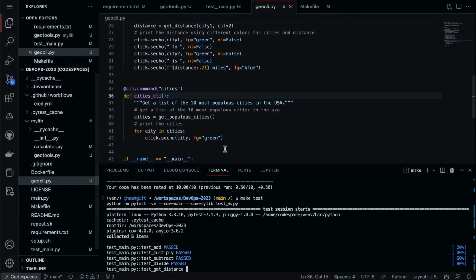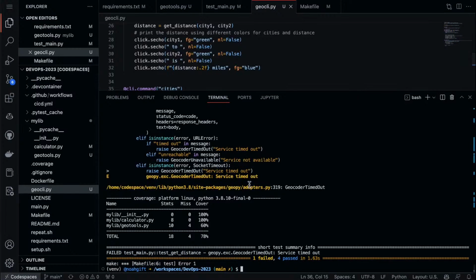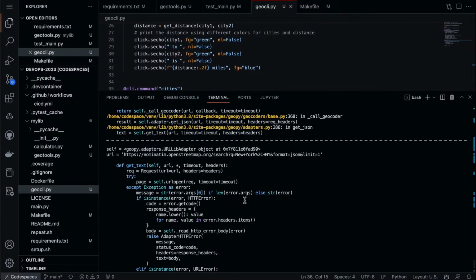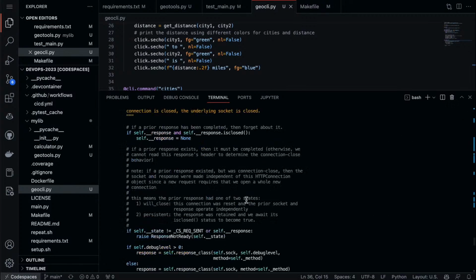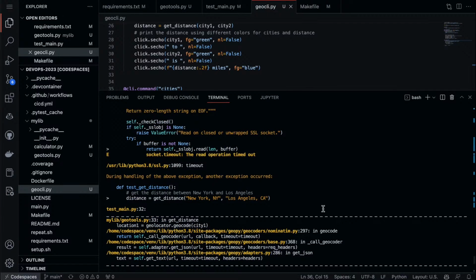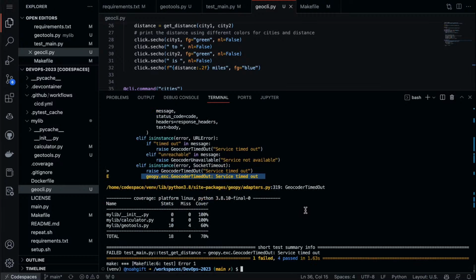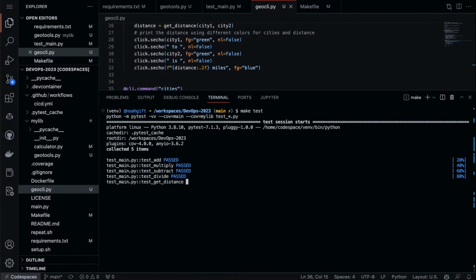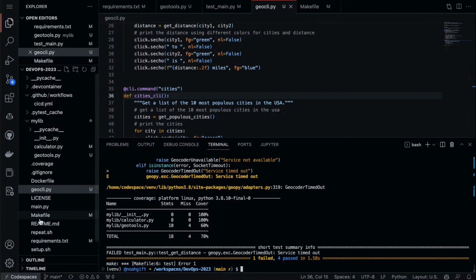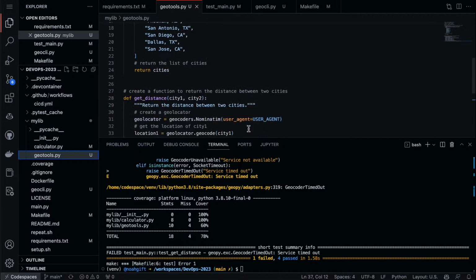Now if I do make test, we can see that we have some okay things here, but we have a couple of things that are interesting. One of them is that we have this weird Geopy thing. So we may want to be careful about how to test out Geopy, right? So if we test it, it may time out. So maybe we want to not test that programmatically. So if we go back to our test here,